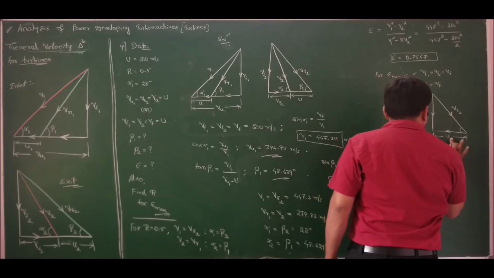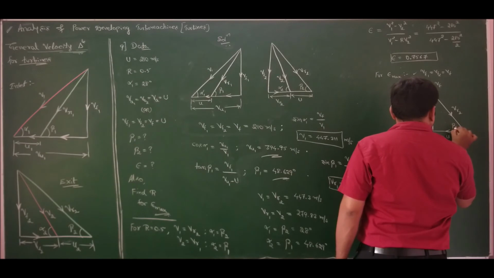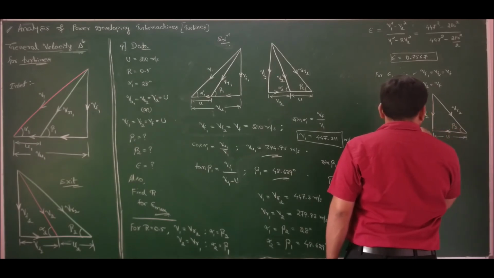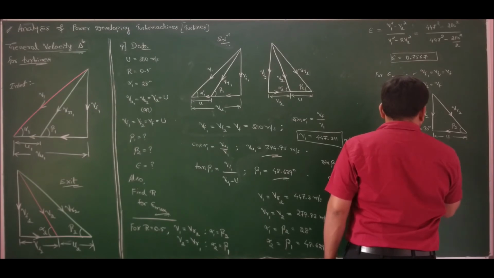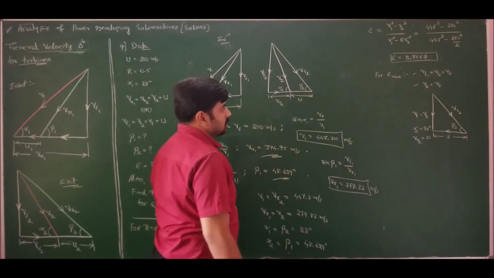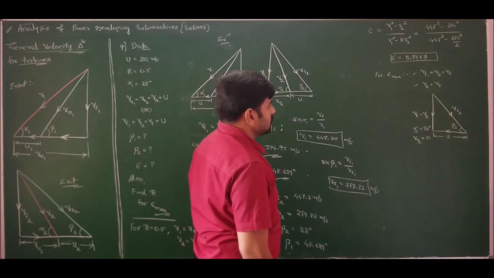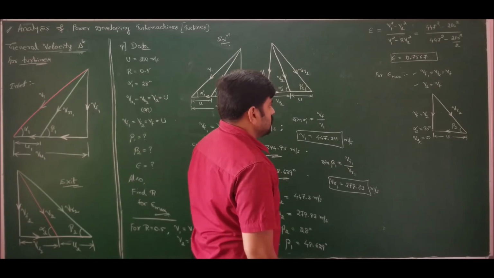Here U1 is equal to U2 is equal to U for axial flow. We have left out beta 2. Alpha 2 should be 90 degrees and V_u2 should be 0. So this is the condition for maximum utilization. Now we are stating that the blade speed U is constant, blade angles are constant.